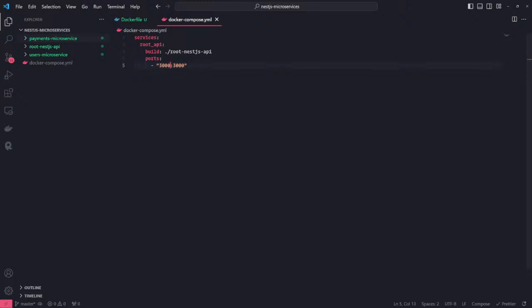So I'm going to use the Docker host port as 3000 and map it to the internal port 3000. So our app is going to actually run on port 3000. I'm going to actually attach a volume onto this. So that way, whenever I make changes, it will auto reload. So I'm going to do root Nest.js API source, and then